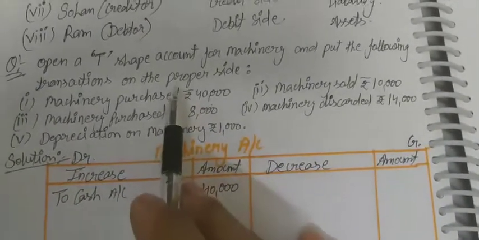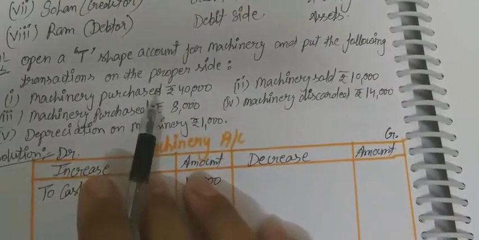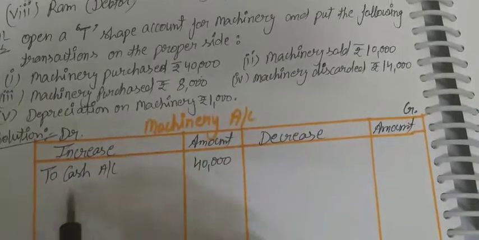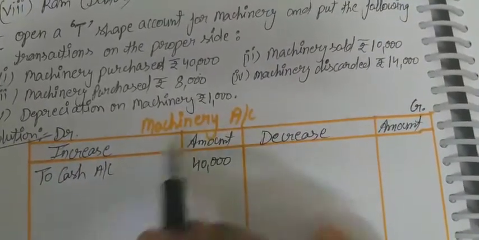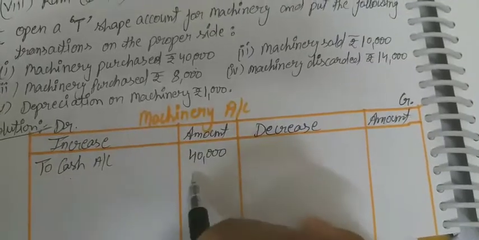account, that is 40,000 rupees. Is it clear? The machine has been purchased, and nothing is said here about cash or credit, so in that situation we take it as cash. So then to cash account, because machine is affected with the cash account, so that's why we record the to cash account, that is 40,000.